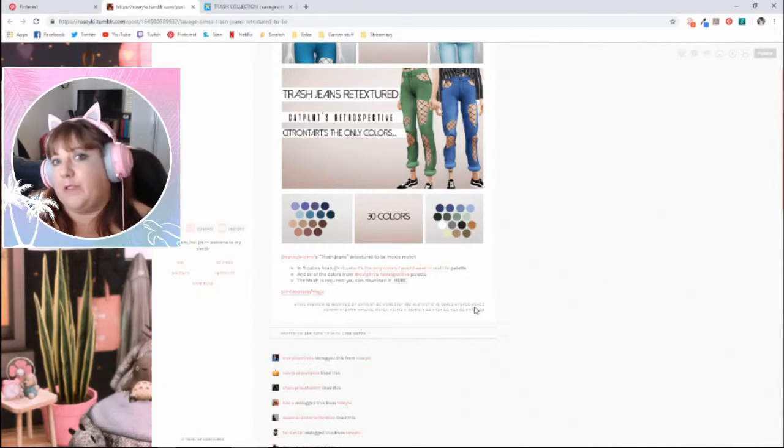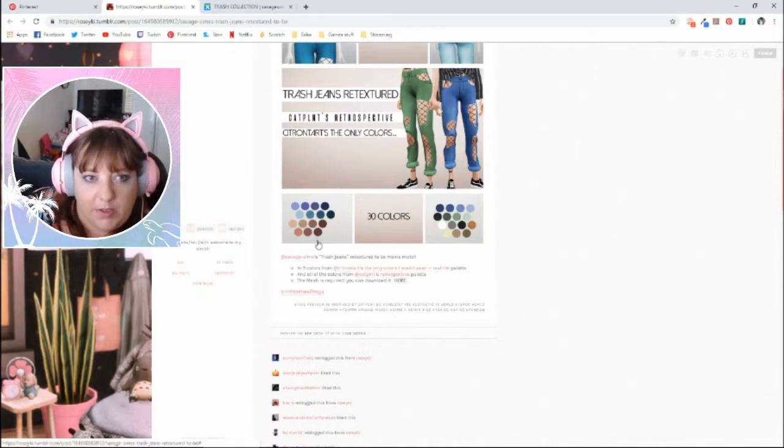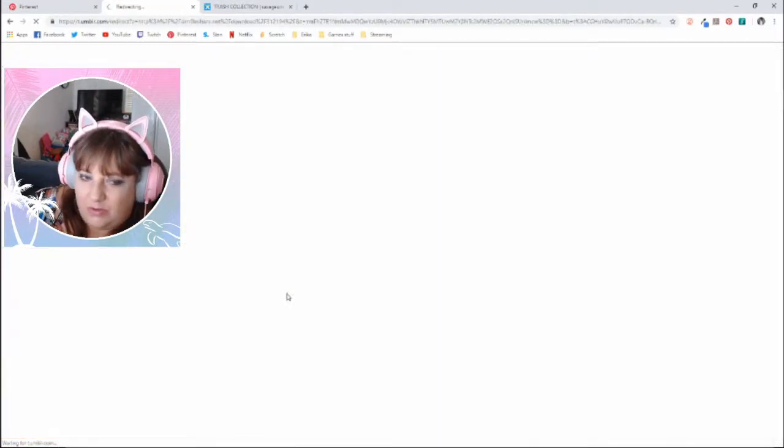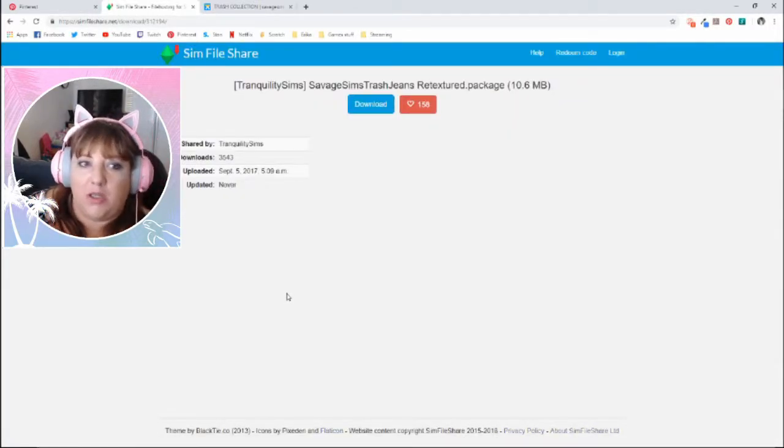We'll go over what happens when you don't have that mesh later on in this series, but first of all we're going to go and download that, and we'll use Sims File Share right now, and you don't need to open a new tab, although sometimes you do. We'll see how it happens. Okay, so it's taken us directly to the Sims File Share download. So you can download the file that you want and the mesh in any order. It won't affect anything as long as you have both in the game. So we're going to go download,